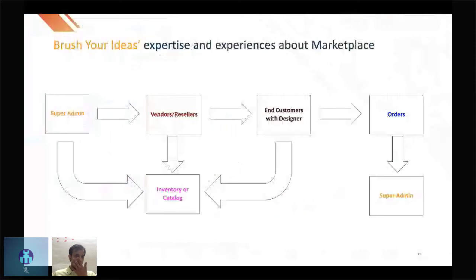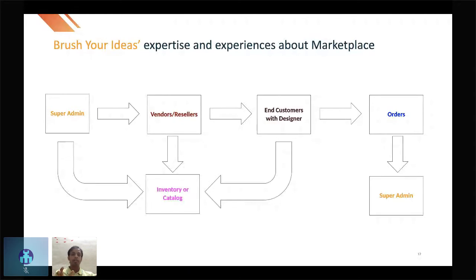So here you can see on my screen there is a flow chart. I have prepared a basic chart. There are three types of user entities I have considered right now. One is the super admin, obviously the business owner, who has the vision and ideas on how he or she needs to compete in the market in the web-to-print industry. He or she will collaborate with multiple vendors, resellers, artists, printing providers, suppliers, and in the end, the end customers who are really going to purchase something or customize the product.